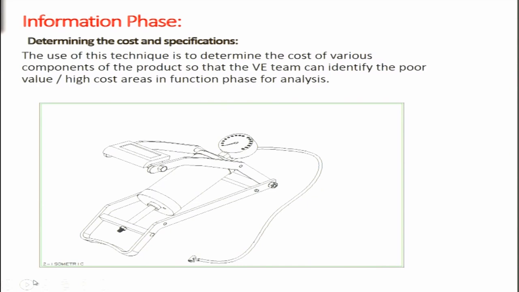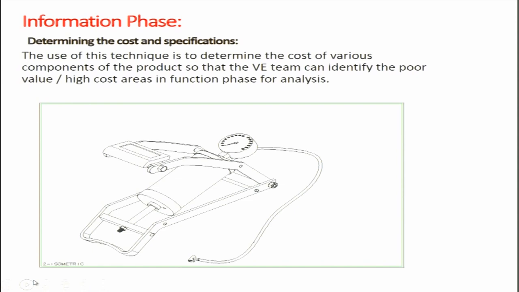Information phase. In the information phase, as I said, the data and information related to the project is collected. All the guidelines of the general phase are very helpful in this phase. The very first thing is securing the facts. The first step is to secure all the relevant data and information regarding the company, such as the number of employees. This company had 50 employees in which this study was carried out.